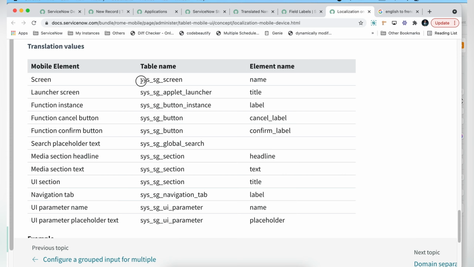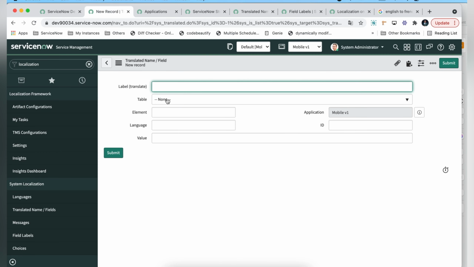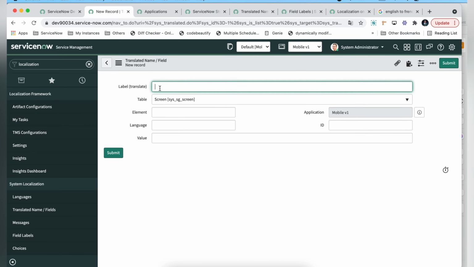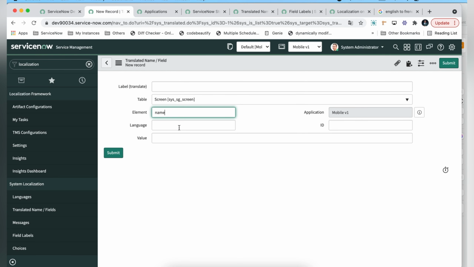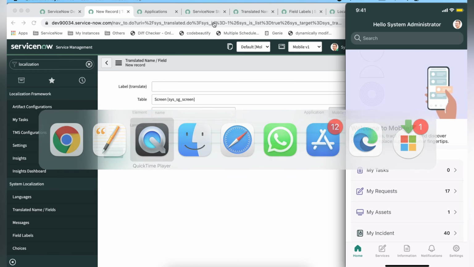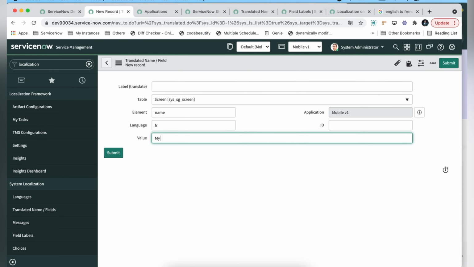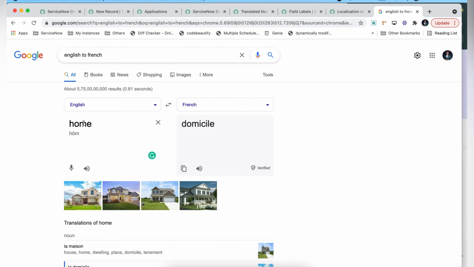Let me copy the table name because we are going to use it. For the table, we copy screen, and for the label, the element name. The language is French, and the value, the thing we want to change, is my incident, and the translated value we will take from here.